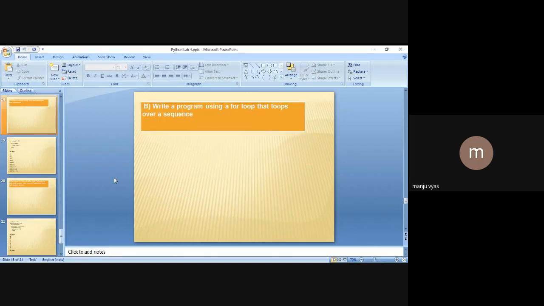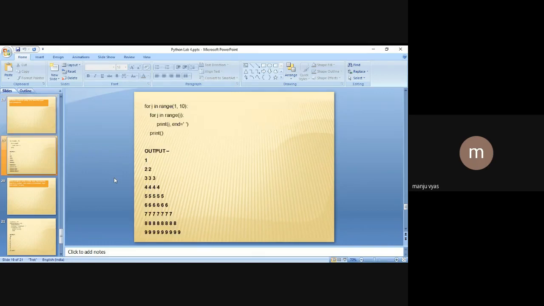Now the second program is to write a program using a for loop that loops over a sequence, right? We have taken a nested for loop here. You have to simply print this particular triangle of values, a right angle triangle of values. You must have done this in your C programming lab, various patterns using the for loop.